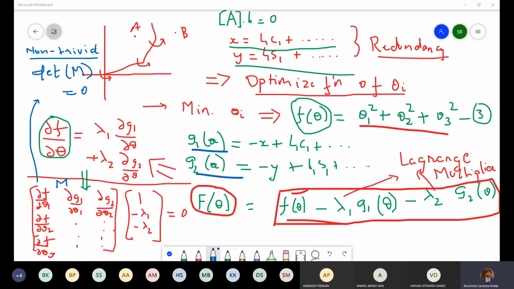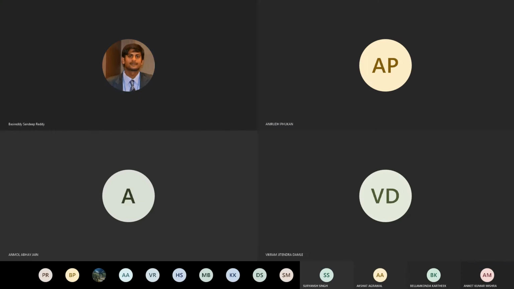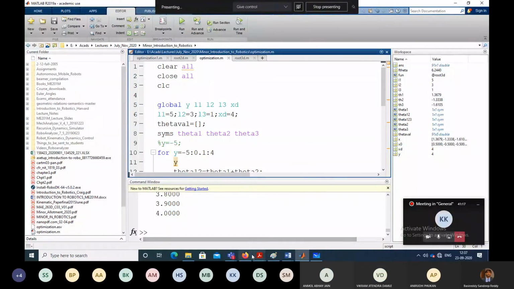Anyway, I'll just open MATLAB. I'll just share that. Can you all see this MATLAB screen here? Yes, sir.